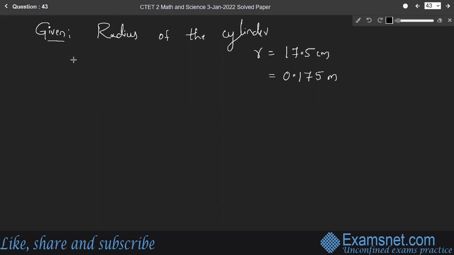Since height is in terms of meter, height of the cylinder h is equal to 1 meter. Right? So formula to be used here,